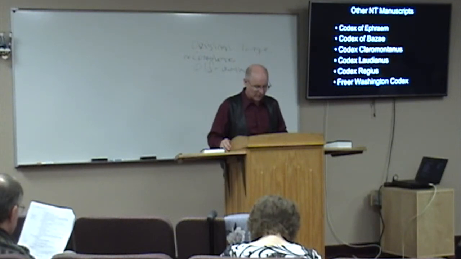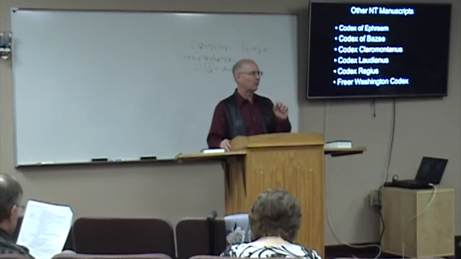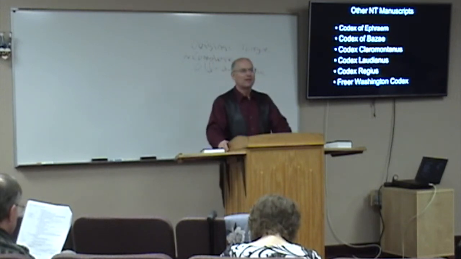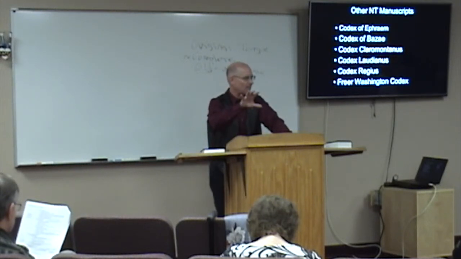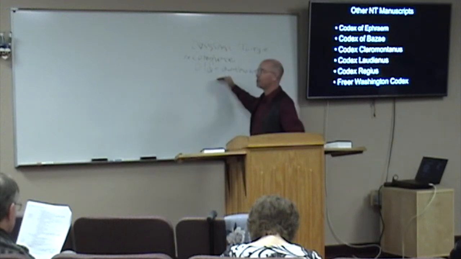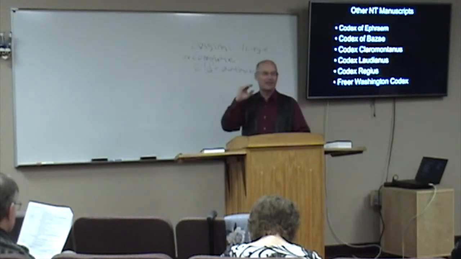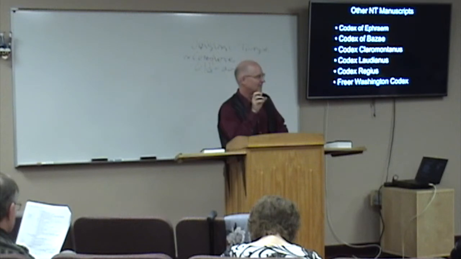And so as you look at these other manuscripts, we generally put them into three categories. Imagine it's kind of like three different philosophies on how we're going to perceive these manuscripts, okay? Because remember, the big three check off all this. These others may or may not. So we start to have a philosophy of how we're going to look at these. The first is Alexandrian. In other words, they're associated with Alexandria and the work that was done there. They tend to be the earliest texts and considered the best form because they're so old.